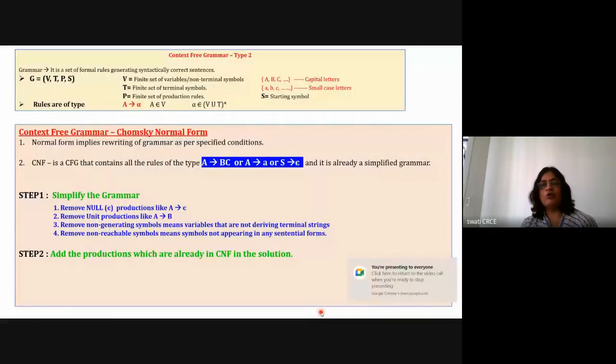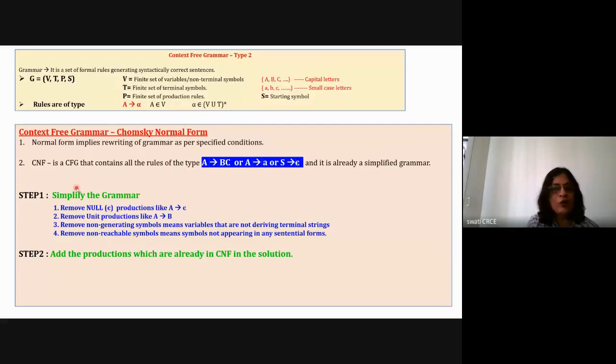Let's see the steps. Okay, so I think you have understood the objective by looking at the chat box. I can say you have understood the learning objective for today. You are given a CFG and you have to convert every rule into either A = BC format or A = small a format. Okay, and what are the steps?